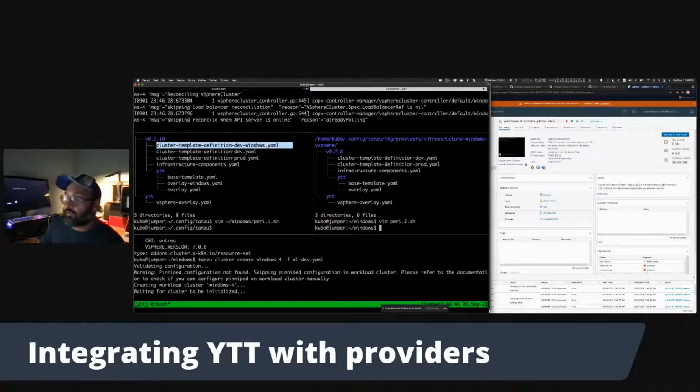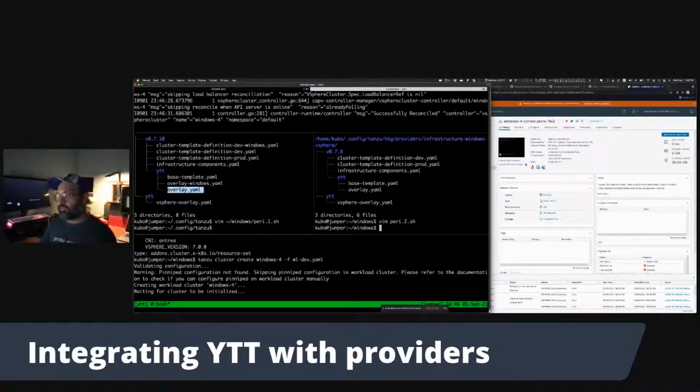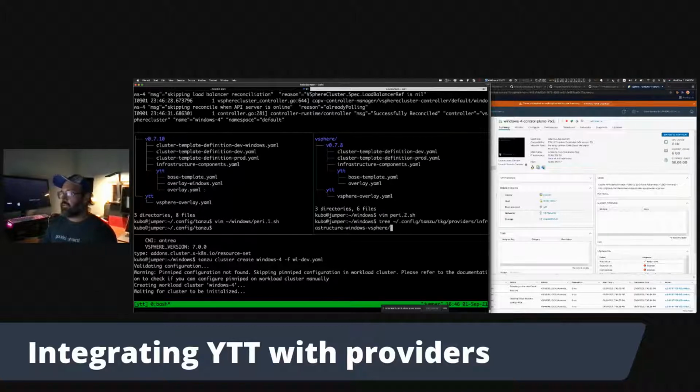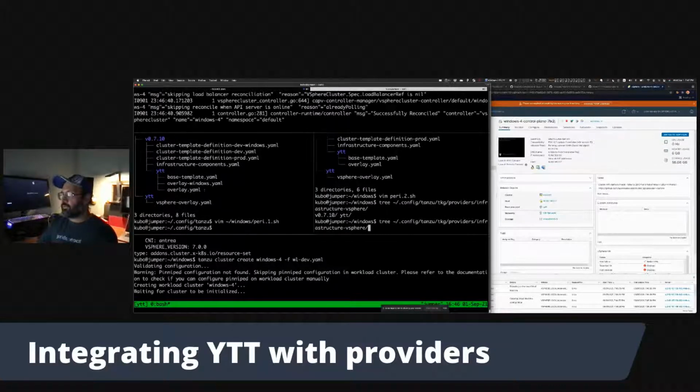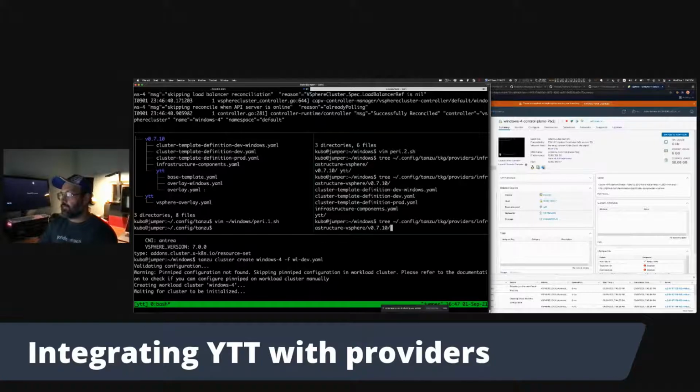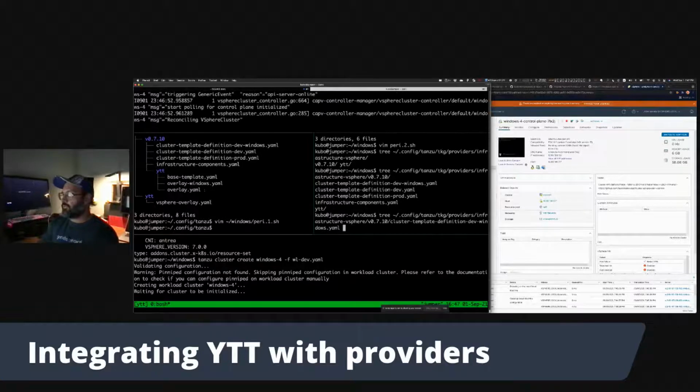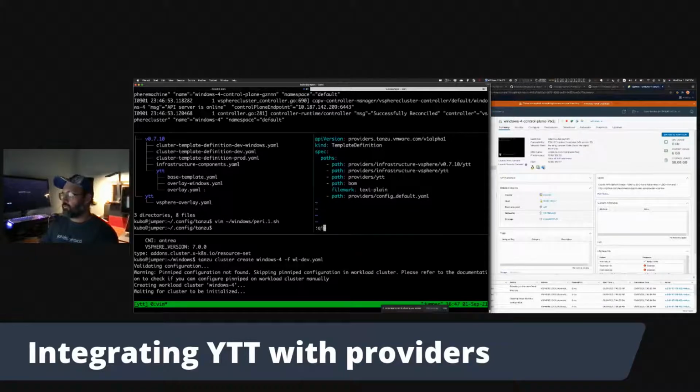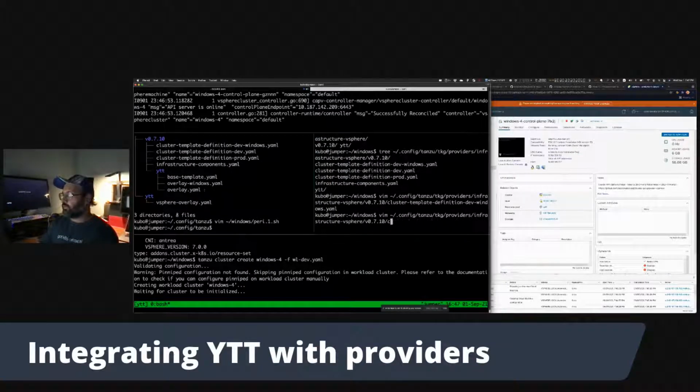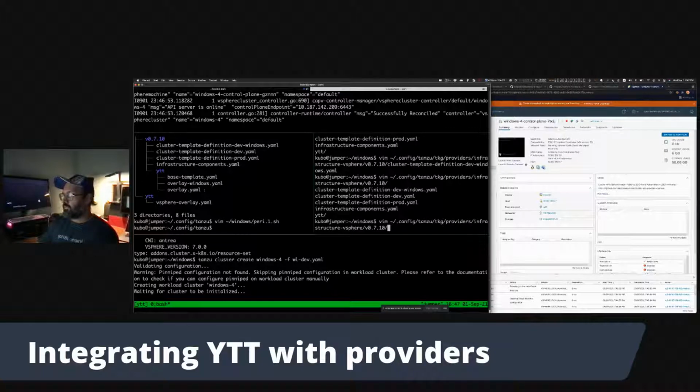So the dev Windows plan will go and try to run this overlay. But as I showed you earlier, it will look in that overlay and see infrastructure vSphere Windows. It will look in there and see that cluster template definition dev Windows. It will, oops, wrong one. It will look in there and it will see the YTT